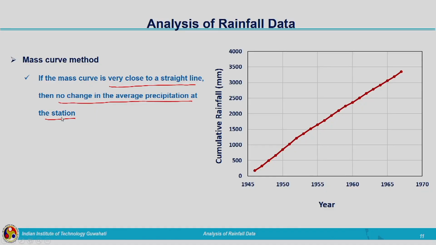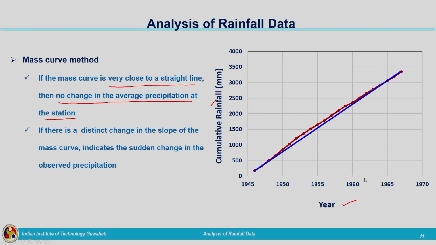If it is very close to a straight line, then we can assume that there is no inconsistency. This way, if we have plotted the cumulative rainfall versus time, then we are making a straight line and see whether there is any variation from the straight line. So, if there is a distinct change in the slope of the mass curve, that indicates a sudden change in